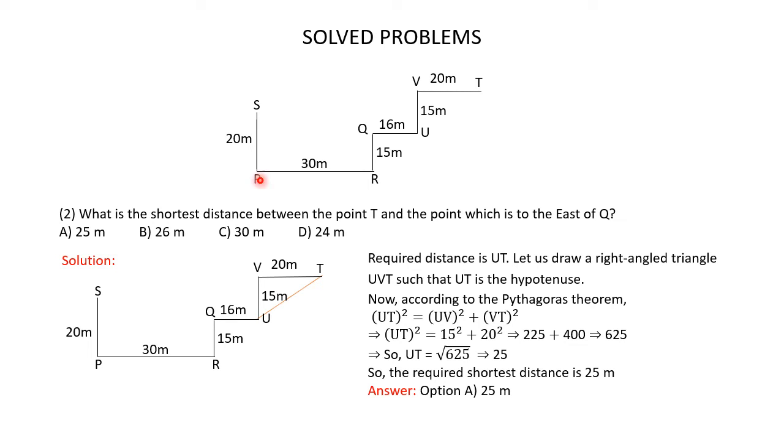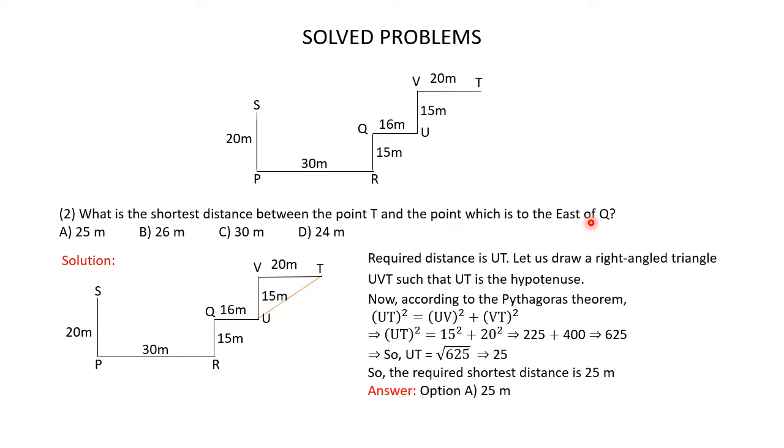So this is the diagram that we have based on the decoded information. Now based on this diagram, let's answer the given question. What is the shortest distance between the point T and the point which is to the east of Q? You are given four options here and you have to find out which of these options is the correct one. So here you are asked to find the shortest distance between point T and the point which is to the